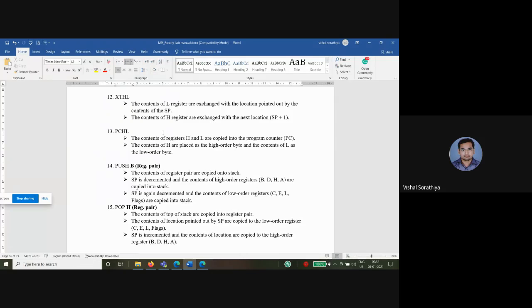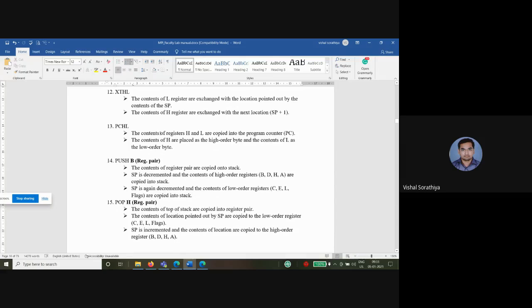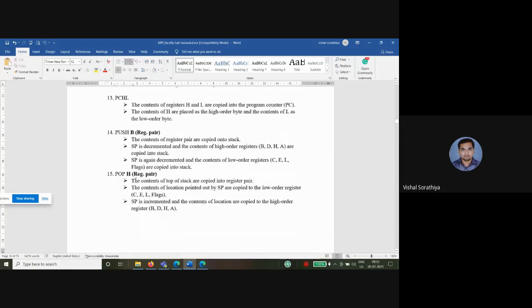So the content of register HL copied into the program counter PC, okay, so we can say जो भी HL का डेटा है, it's copied to PC, और प्रोग्राम काउंटर है इसलिए वो उस जगह पे पॉइंट आउट करना चालू कर देगा, ठीक है।